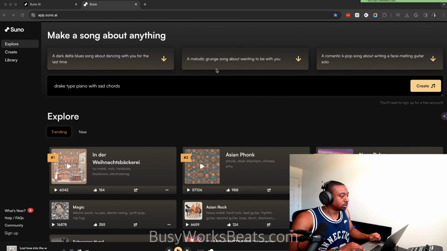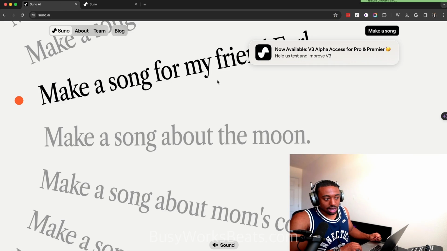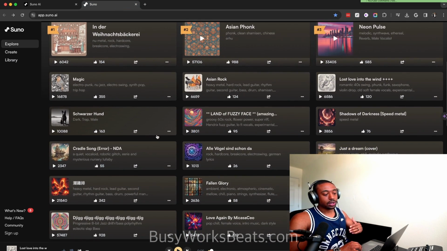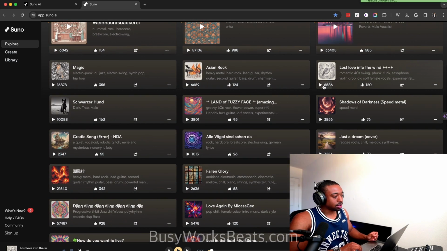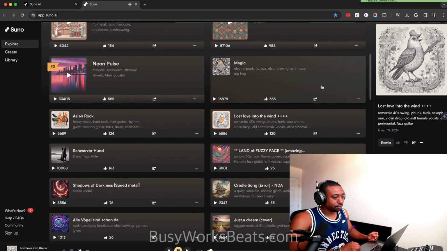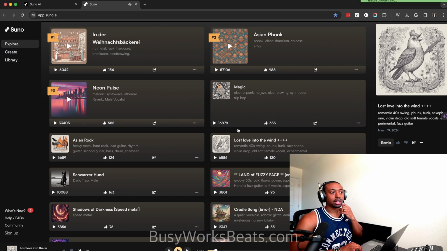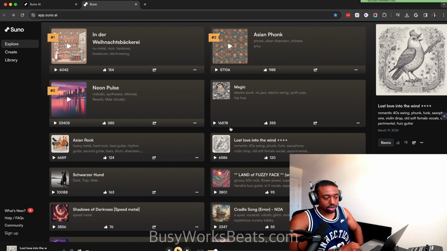On Suno.ai, it looks like this when you first hop on. Just click make song. On the home page, they give you a feed of stuff that's already been made. So I'm going to click on something over here, for example. Now AI made this whole thing, by the way. With a couple more quality additions, like with the vocal to make it sound less granular, this will sound like